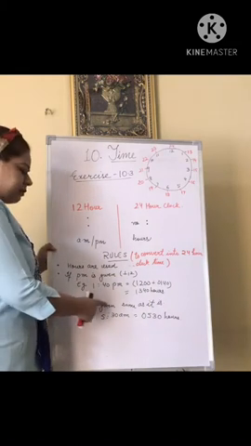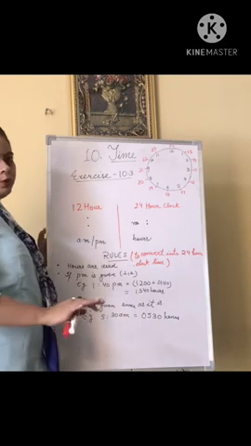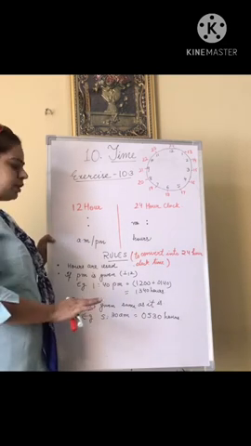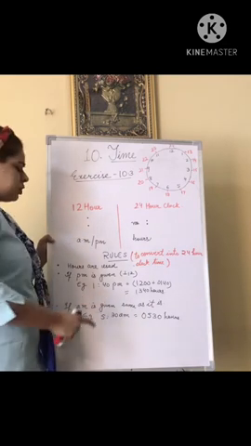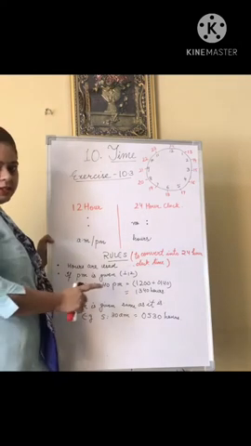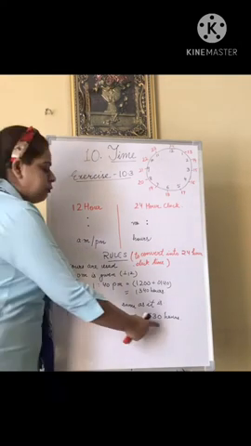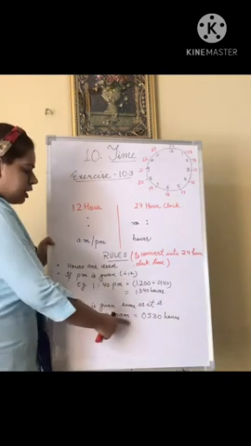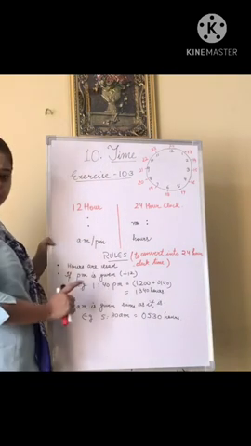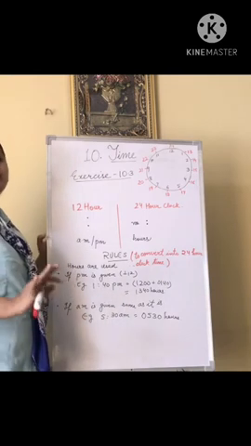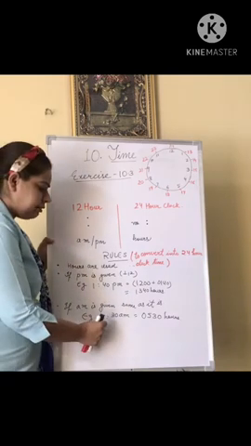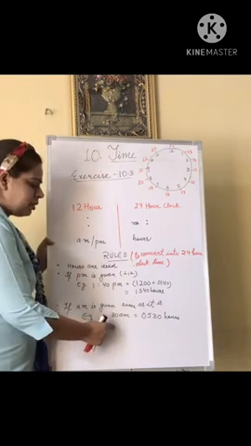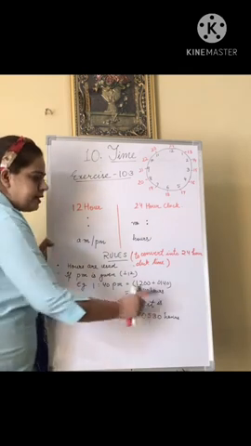Now if am is given to you, no need to add any 12. Just write the digit as it is, but you have to write in 4 digit numbers. Let's say suppose 5:30 is given to you. First of all, see, am is given to you. It means आपने conversion करना ही नहीं है, बस सीधा 5 को as it is लिख देना है, semicolon हटाना है and 30 as it is लिख देना है.